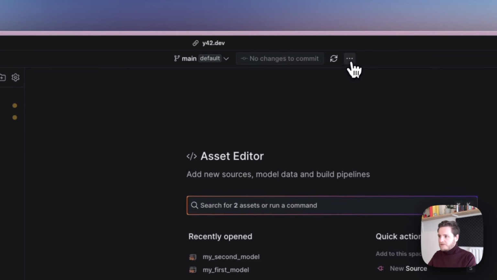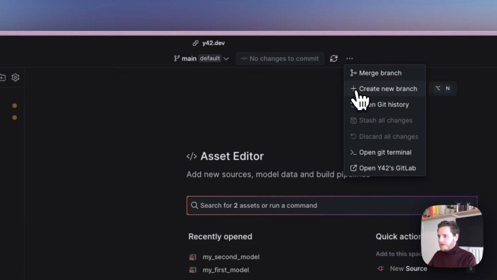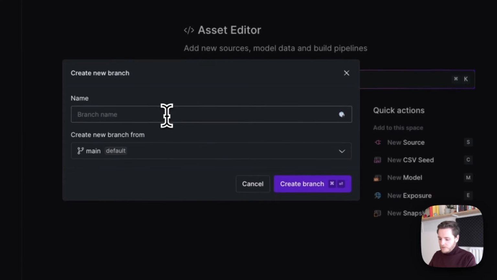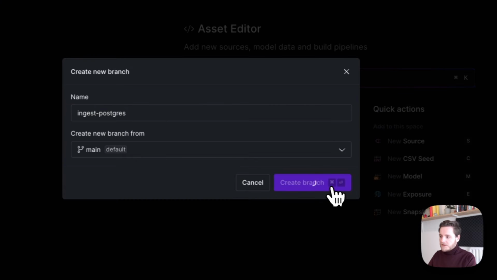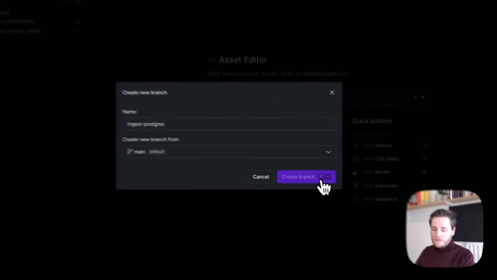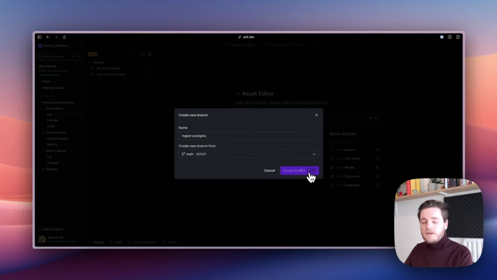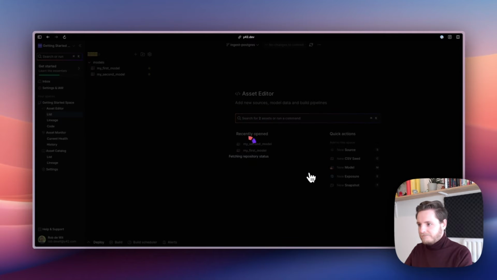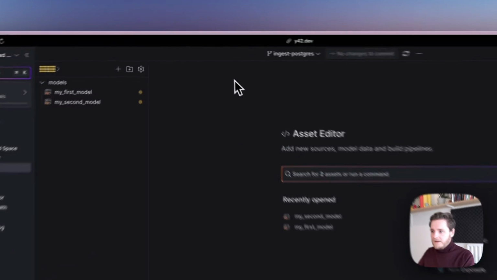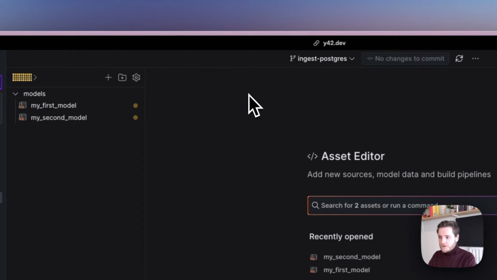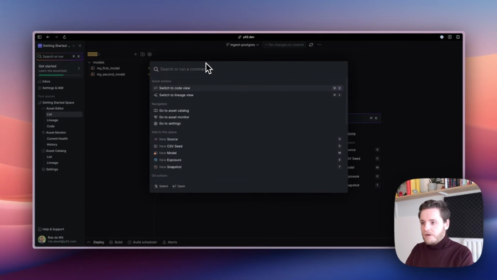As a good first practice, the first thing you should do when working on something in Y42 is to create a new branch. So let's call this one ingest Postgres, because we'll be ingesting a Postgres source. And Y42 will take a few moments to create a new branch for this. There we go, and as you can see here, we're now working in a separate branch and not publishing directly to main. It might be useful to know that you can always use Command K in Y42, and that will open up this prompt,